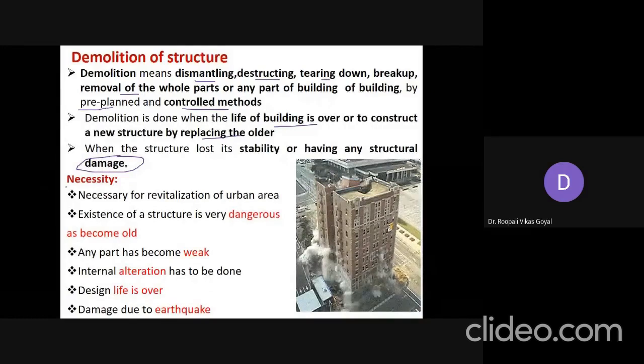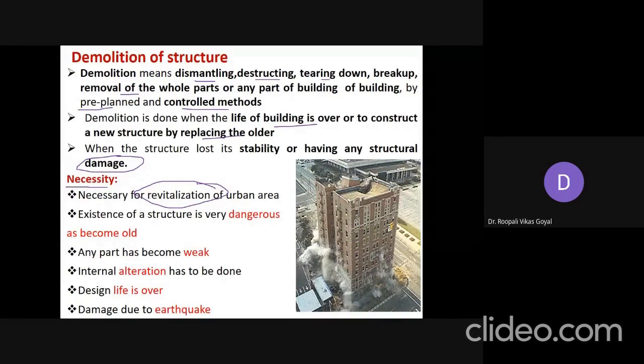Now, in which conditions is it necessary to demolish a structure? In certain urban areas, you want to go for revitalization. That is, the urban area, you want to give it a new form, meaning whatever old structures are not safe, you want to remove.